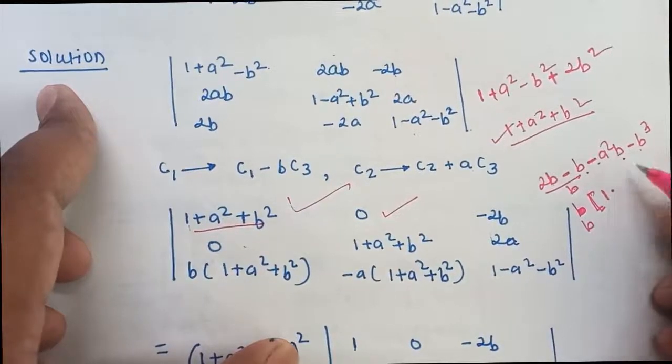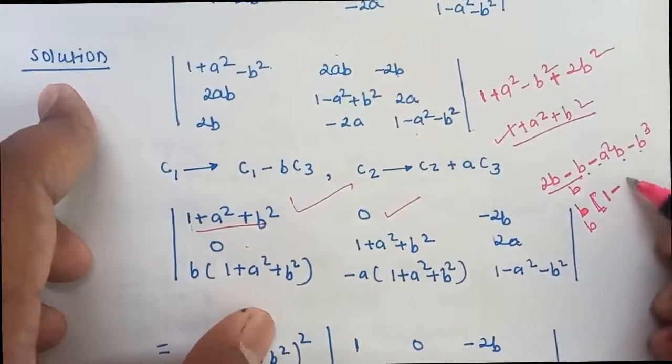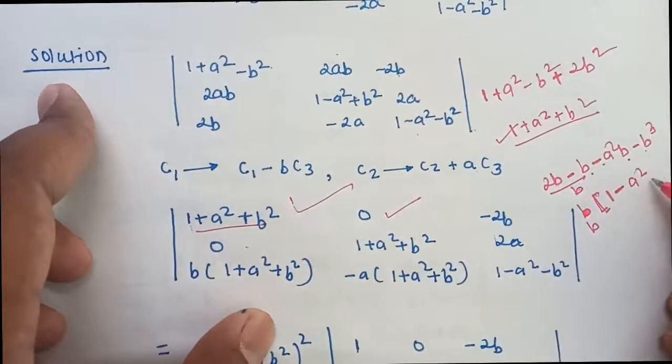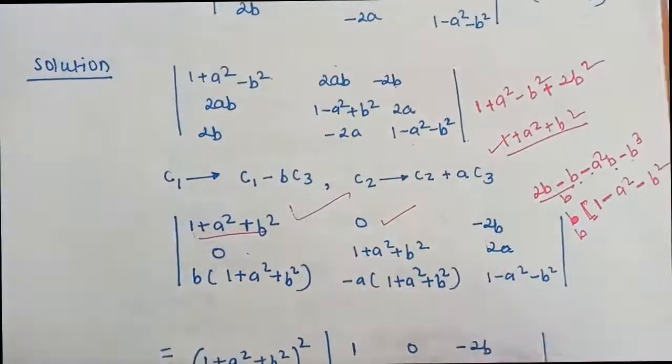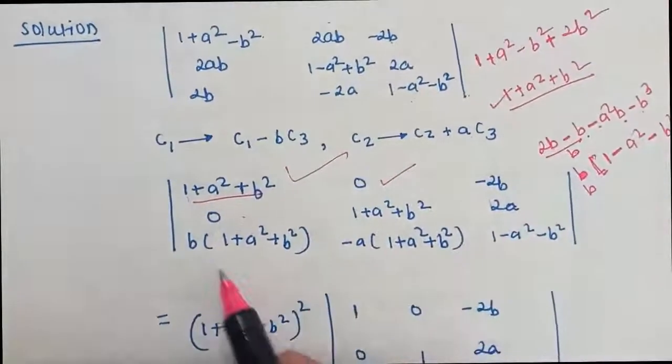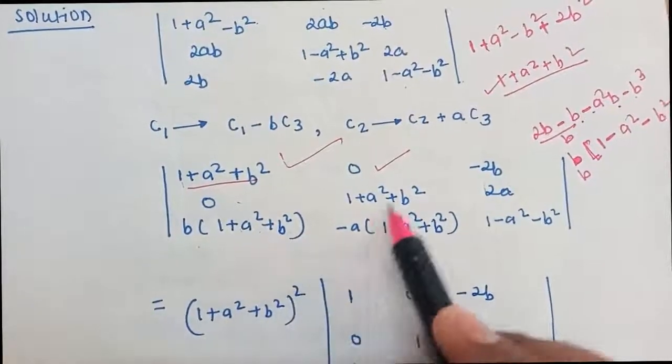Then here a square b, here will be minus a square, here will be minus b square. So once you change the sign, it will become b bracket of 1 plus a square plus b square. Even the same thing here,